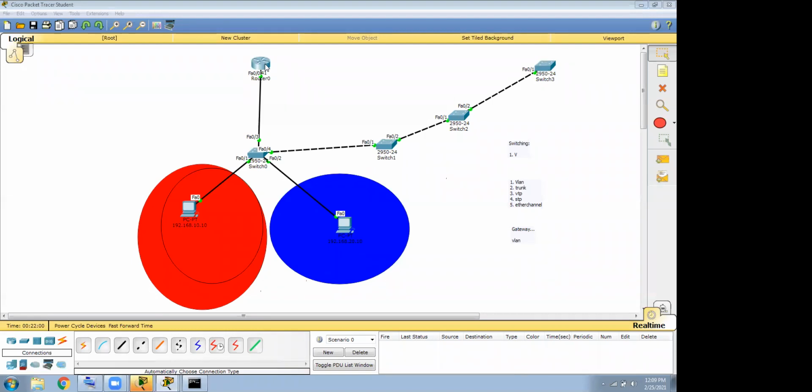Who is RJ? Raja, who is RJ? Yes sir, you're audible. Okay, so my question is, what disadvantage are you seeing in this diagram?